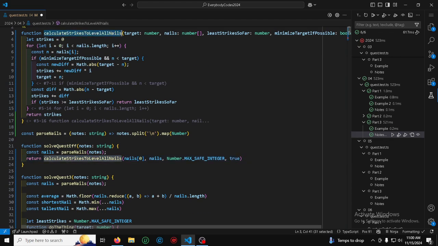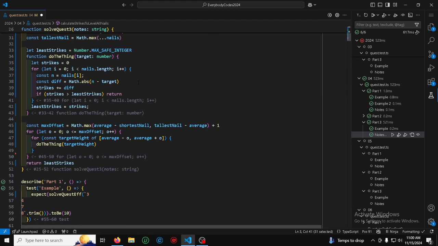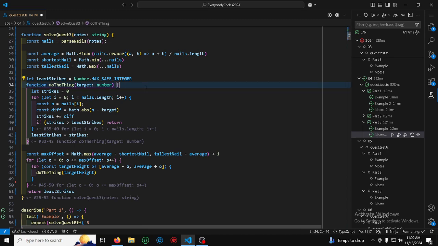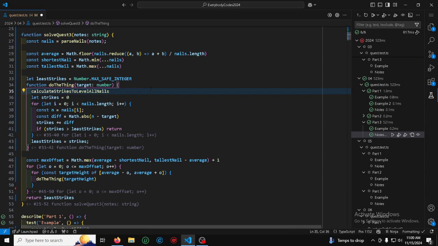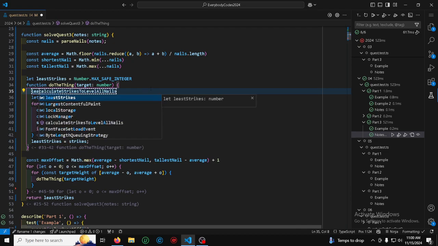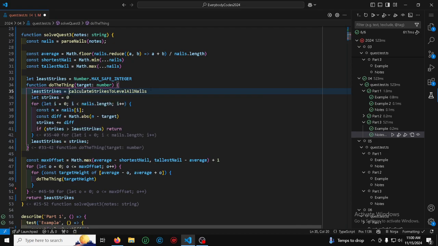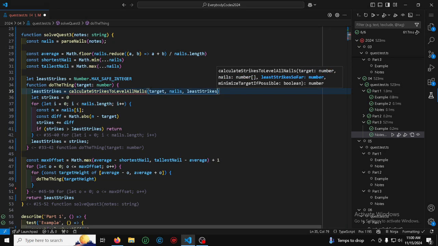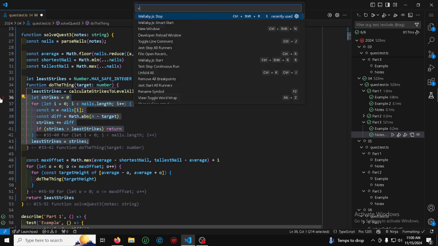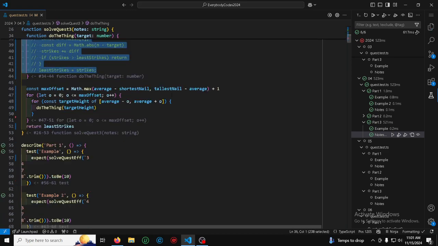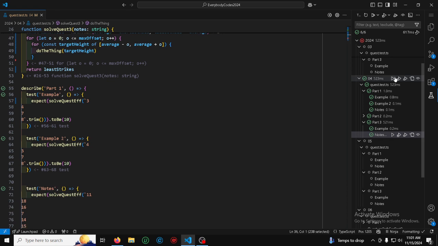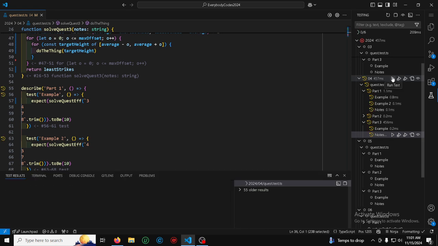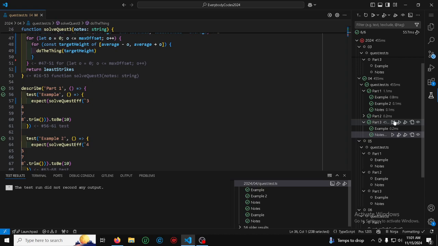But if we go down here and we start using this function, which I can just call, least strikes equal calculate all target nails least strikes. Do not do the minimization magic. Let's see if that works. It's the worst that could happen. Less. Okay, this is what I